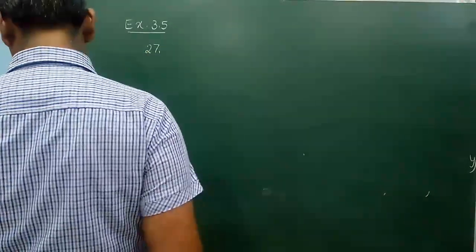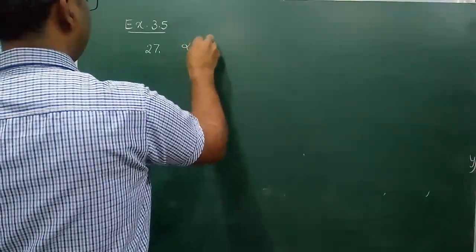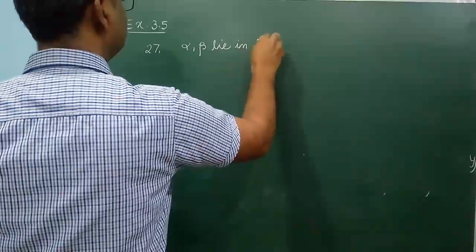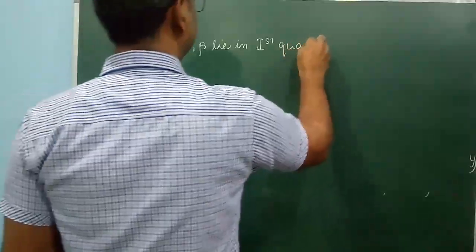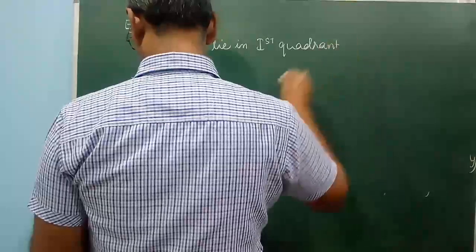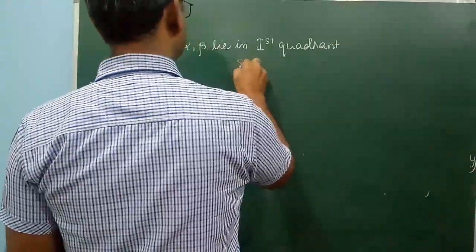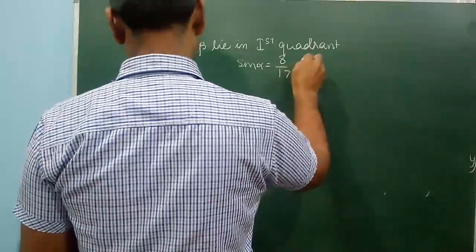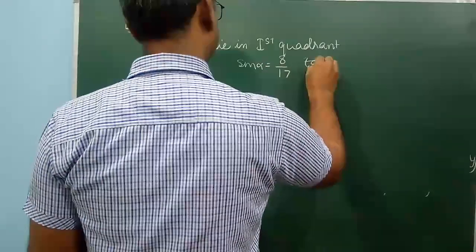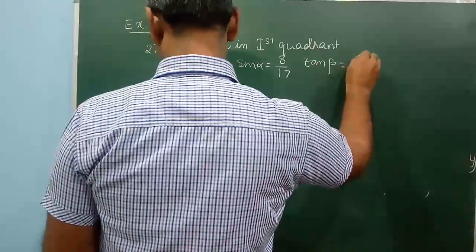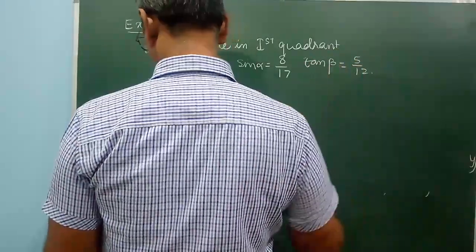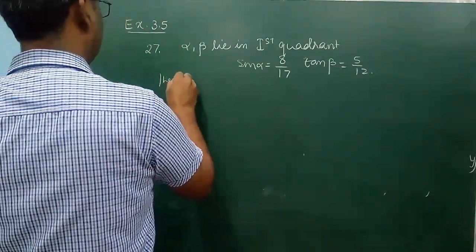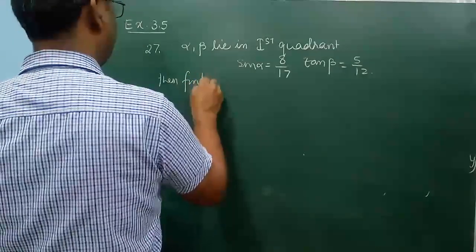If alpha beta lie in the first quadrant, and sin alpha equal to 8 by 17, tan beta equal to 5 by 12, then find the value of